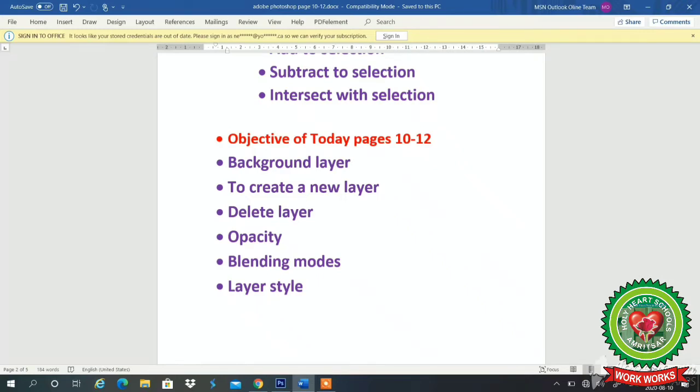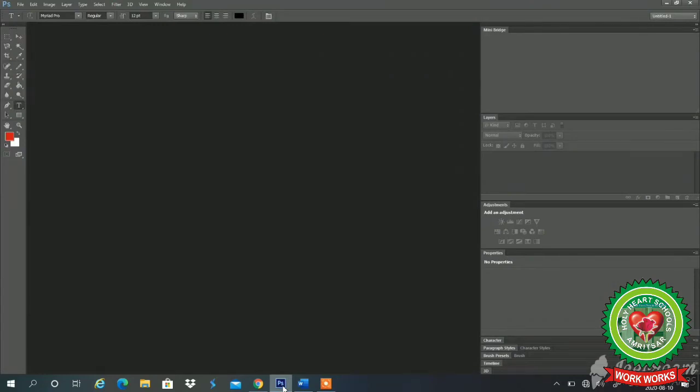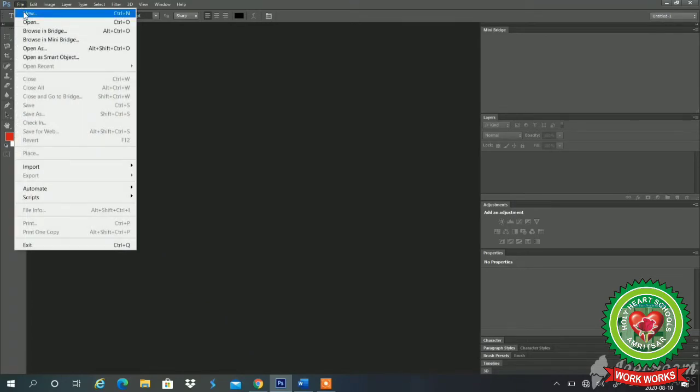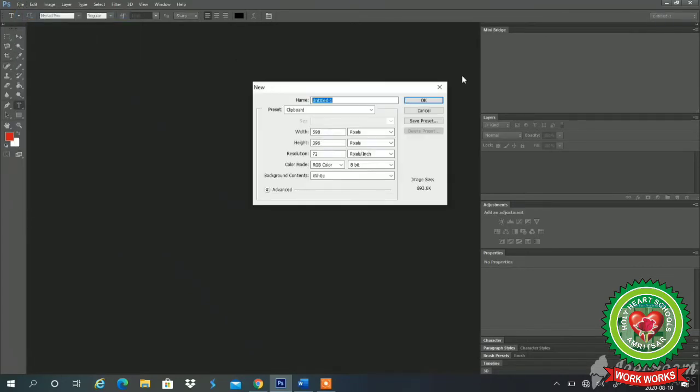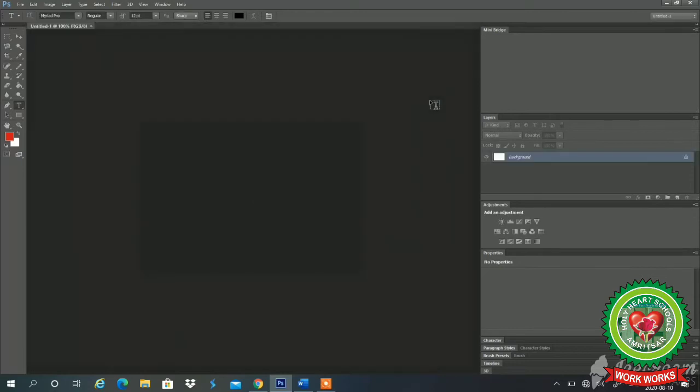First topic we have is the background layer. To know about the background layer, we will open Adobe Photoshop. Students, the base layer is known as the background layer. For that, we will click on the File menu, click on the New option, and click on the OK button.